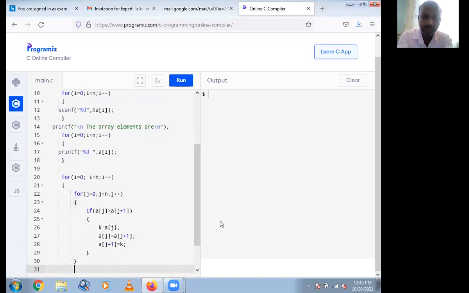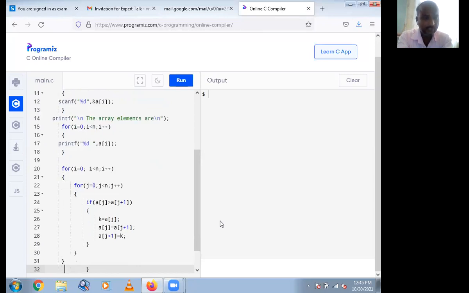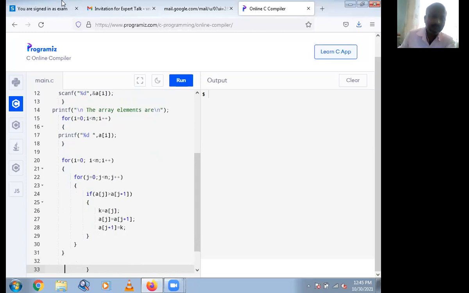Then close the brackets. Okay, this is sorted. I want to display.